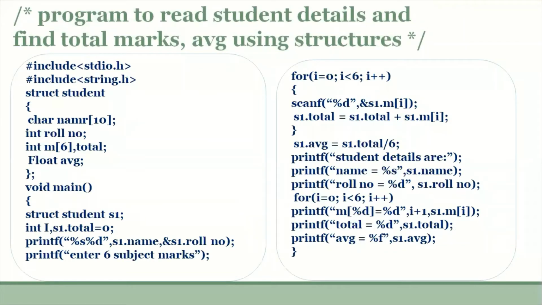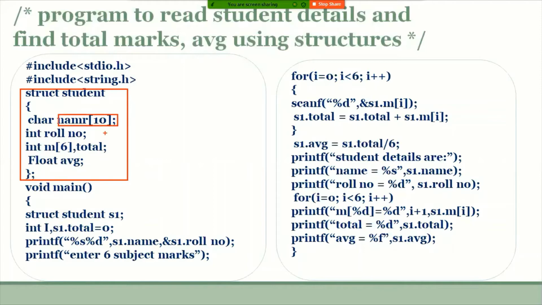Then this program illustrates reading, finding total, and finding average. That is, this program illustrates a few concepts. So far we have discussed how to create a structure. So the structure is created, and in it there are member variables. This member is called an array string variable, and this is called an integer type array. So these two will be treated as arrays within the structure,